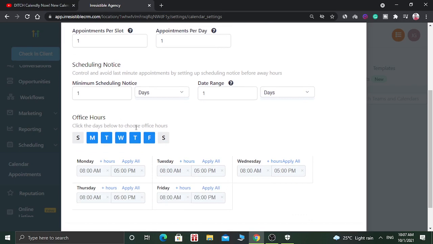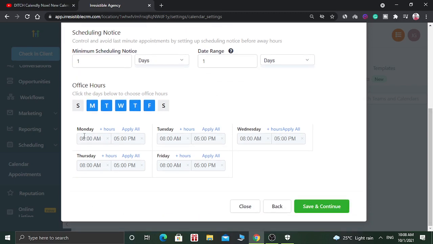You can choose the days below for your office hours. If you want to work on Sundays, you can do that. If you want to work on Saturdays, you can do that, or you can leave it. In this example, you are going to work only 5 days a week.